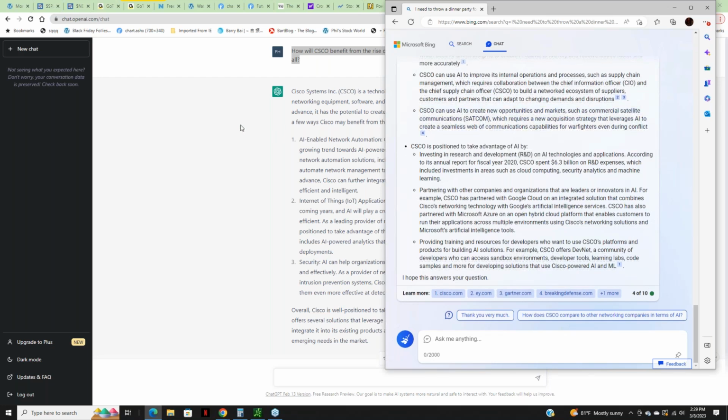See, I always trust ChatGPT much more than I trust Bing. Cisco's vision is to take advantage of AI by investing and researching in technology, according to its annual report. See, this I like though. It's actually able to find stuff. Cisco spent $6.3 billion on R&D expenses, which included investments in areas such as cloud computing, partnering with companies and leaders in innovation. Cisco partnered with Google Cloud on integrated blah, blah, blah, providing training. Okay, so I'm gonna say,